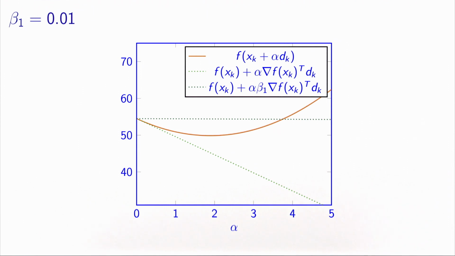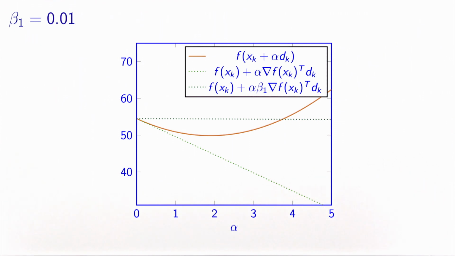So let's illustrate now this Wolfe condition on the example that we had before, where the value gamma equal to 6 didn't work. So we have again the flat function, which is represented here. I have represented the tangent here, okay? And as we have discussed before, the tangent, because the function is convex, is below the curve. So this tangent cannot be used as a condition. So that's why we need beta 1 to be less than 1.